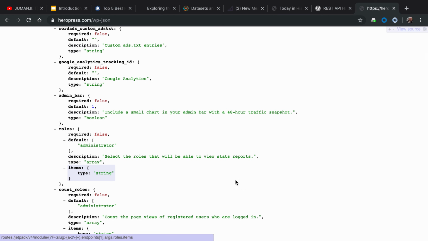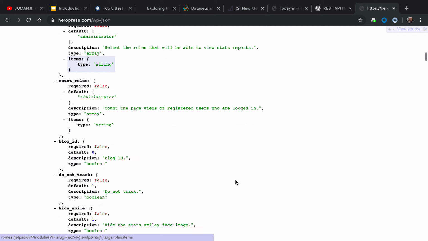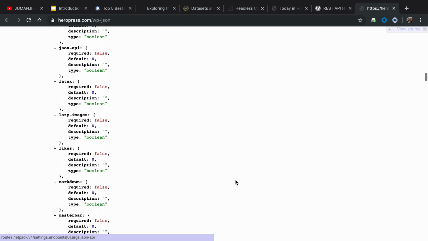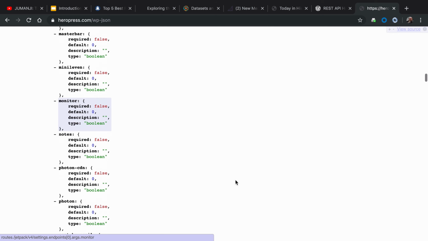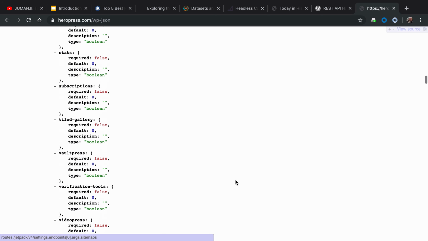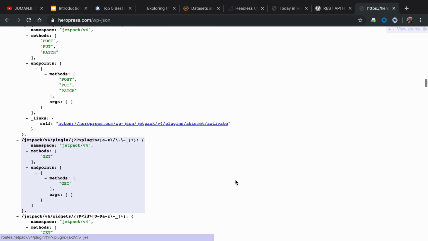You can turn stuff off. So say you have some private content on your site. You can either programmatically, or there are plugins to say, just disallow this on the API. So it's not technically a security problem because this is all public data. But it makes some people squeamish to go through here and see everything about their site, every setting. Everything is in here. It's a little spooky.